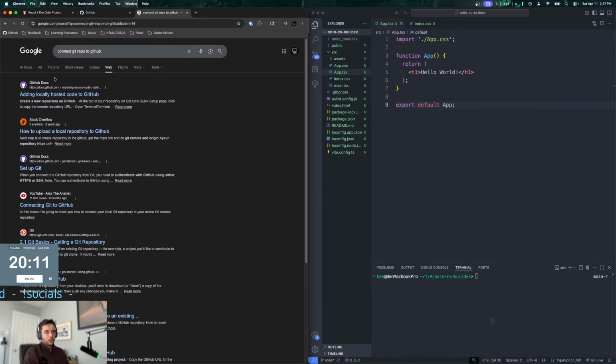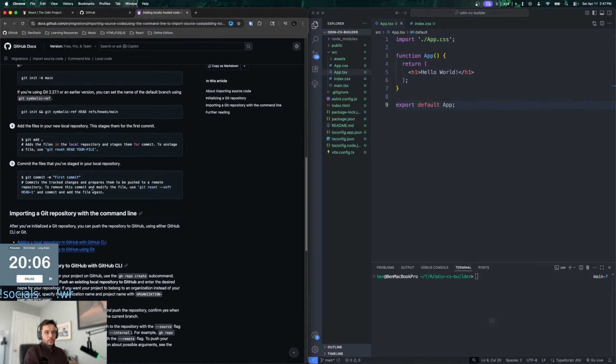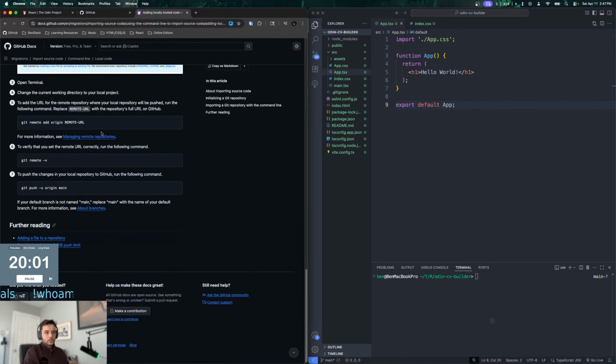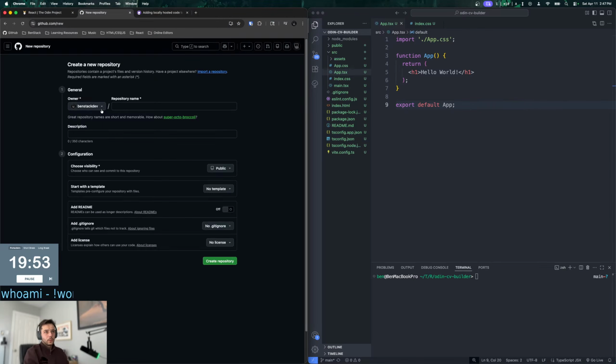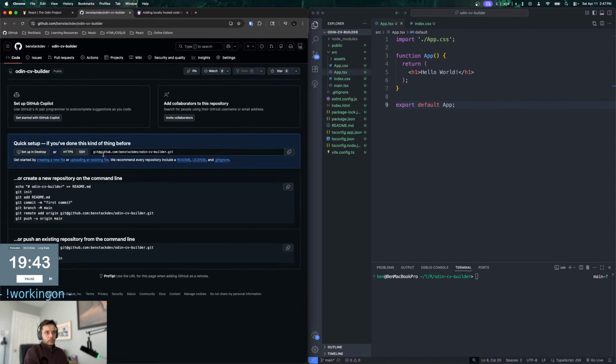I think I just need to add a remote or something. Yeah, git remote add origin. Okay, so let's make that default. Let's make that repo. And then we'll do git remote add origin. Oh, and then I'll also do the first commit.